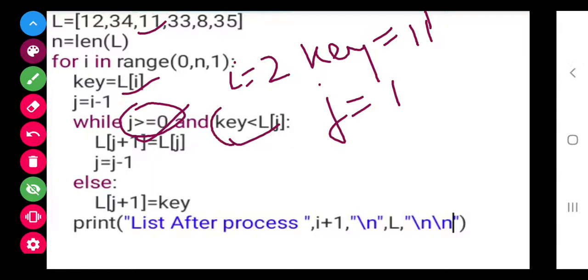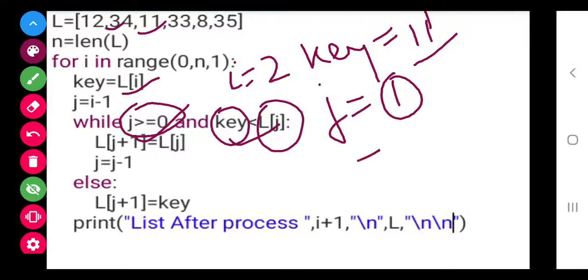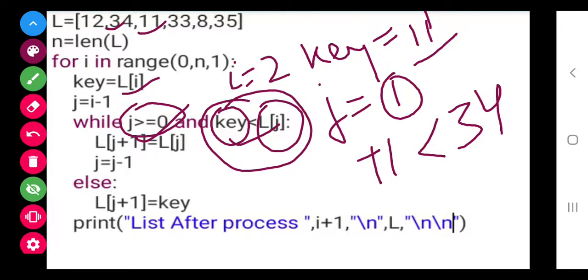Key is 11. In the j position, that is position 1, the element is 34. So 11 is smaller than 34, so this is also a true condition.